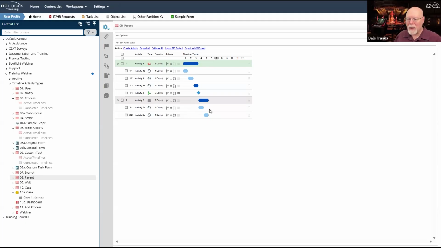So notice that my dependencies here, I have activity 2. Activity 2 is dependent on activity 1. I'm not making activity 2 dependent on activity D, for example, which is a child activity of activity 1. I don't need to and probably shouldn't.